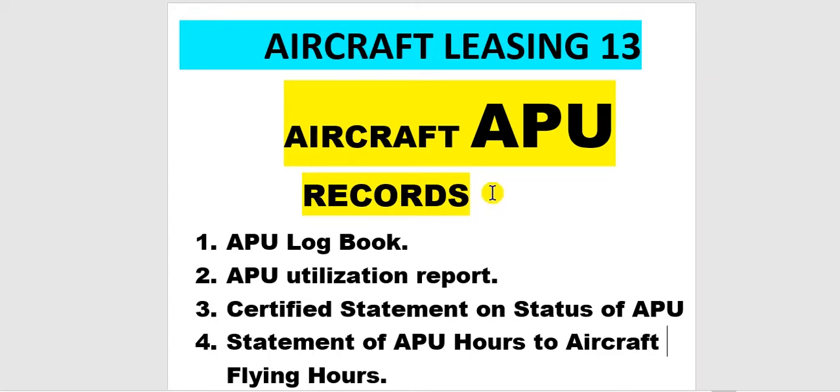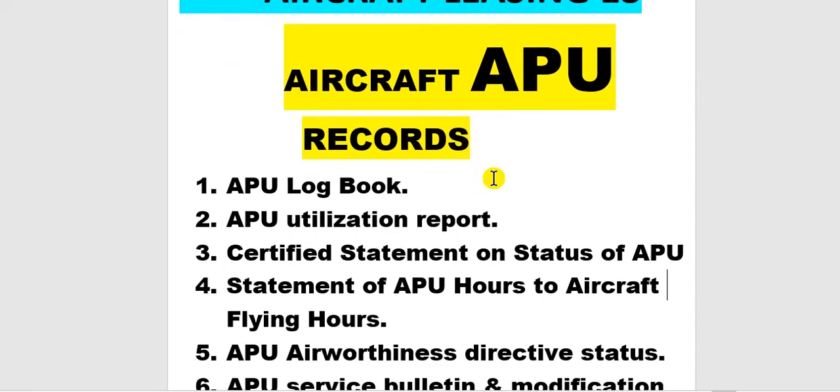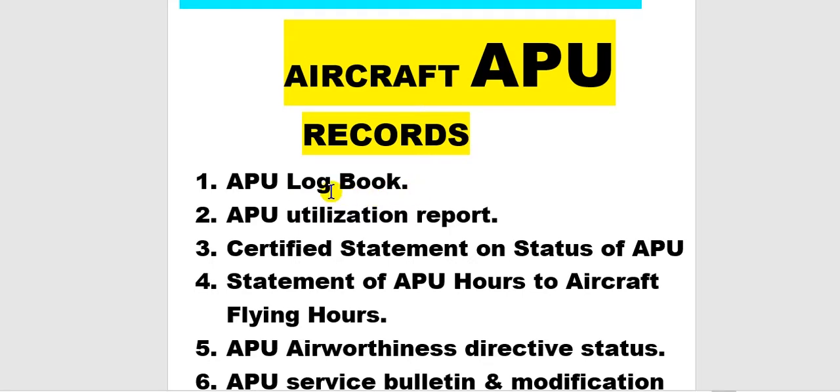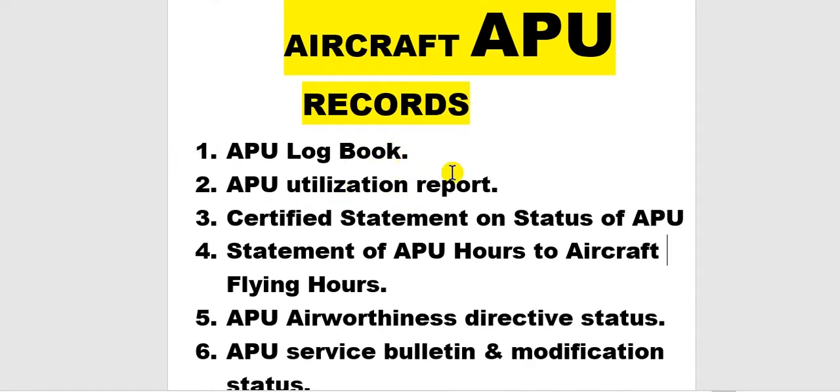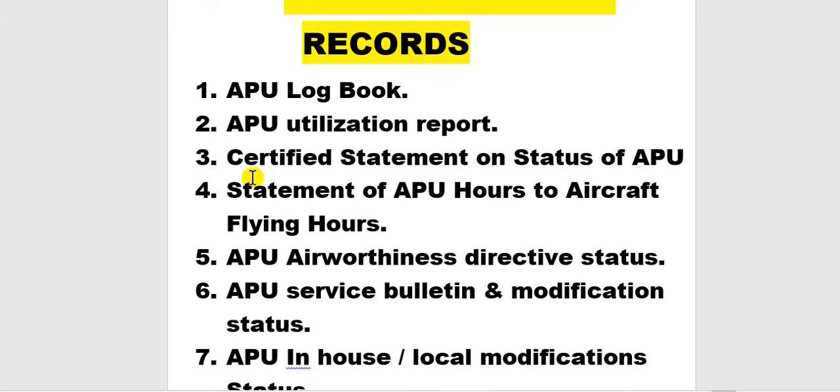The documents or records which you need during delivery or redelivery: the APU logbook from the manufacturer, and the APU utilization report. Utilization means how many hours and how many cycles during this period. Certified statements of status of APU: the APU model, part number, serial number, and hours and cycles, and